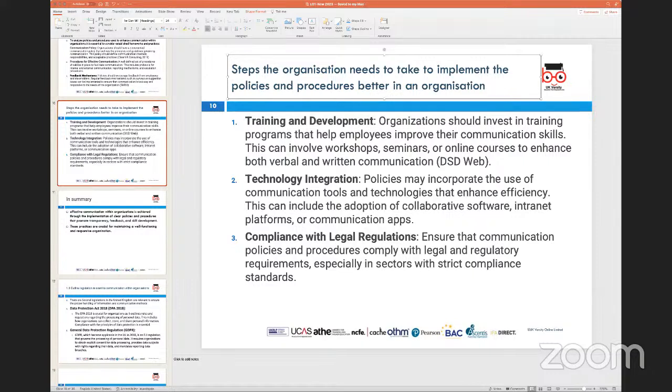And technology integration is now part and parcel of most organizations. For example, emails. Earlier, it used to be all letters or postcards, or documents sent through postal routes. But emails now have made it efficient, or even live video conferences or meetings have made it easier for people to interact and communicate things at a quicker pace. And that is where technology integration has happened. But all this is essentially helping communication to happen in a better, efficient, and quicker way.